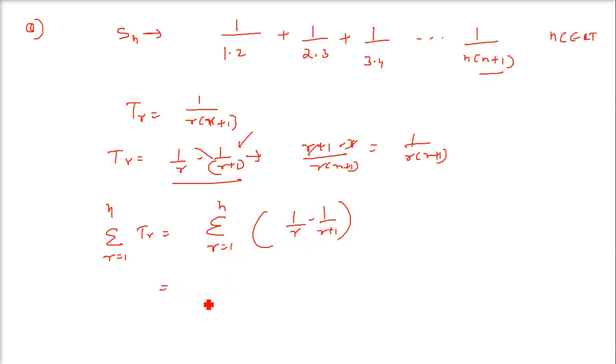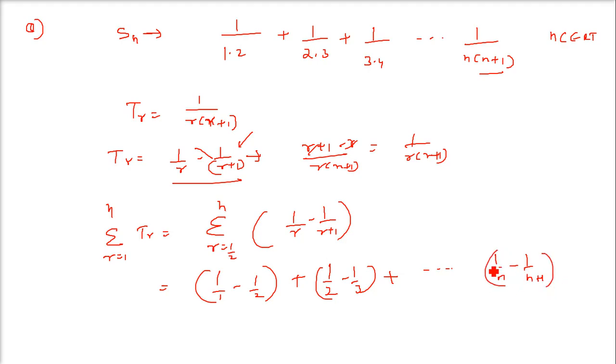Okay. So first we'll take r equals 1. This is going to be 1 by 1 minus 1 by 2 plus. Now we put 2. So 1 by 2 minus 1 by 3. This goes up to 1 by n minus 1 by n plus 1. So if you see, this 1 by 2 gets cancelled, 1 by 3 will be cancelled and all these terms will be cancelled. Only this 1 and this last term will remain. So the final solution is 1 minus 1 by n plus 1. So these are the summations of some special series when we have terms in the denominator.